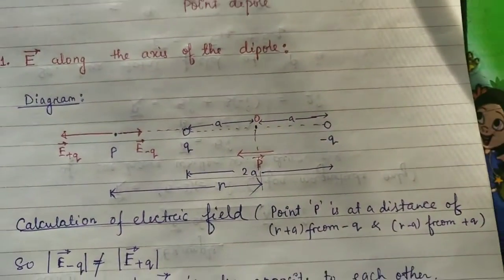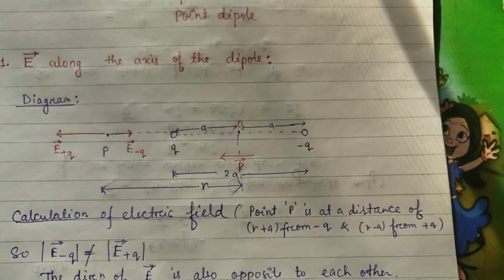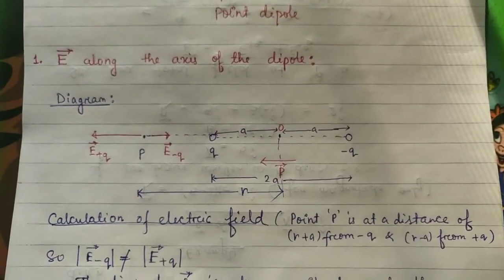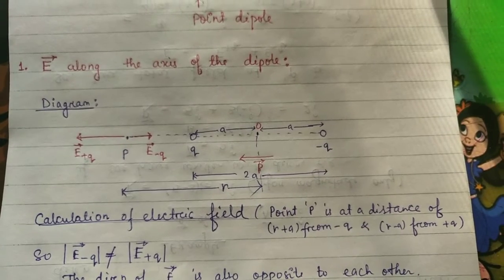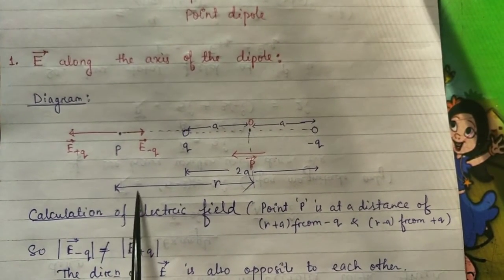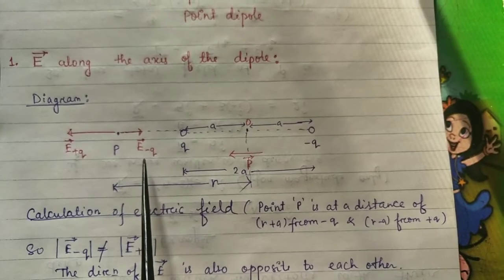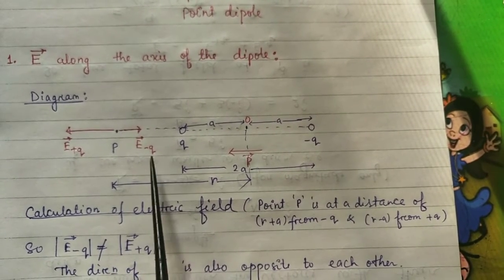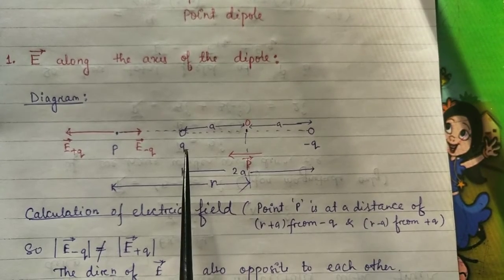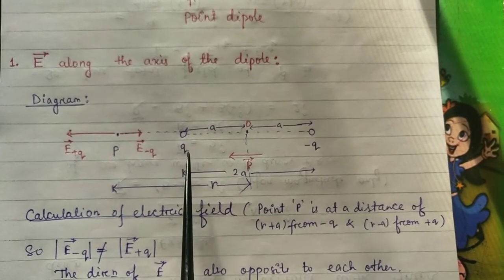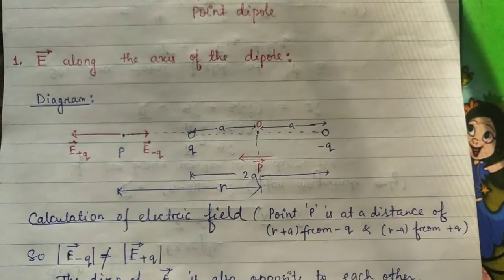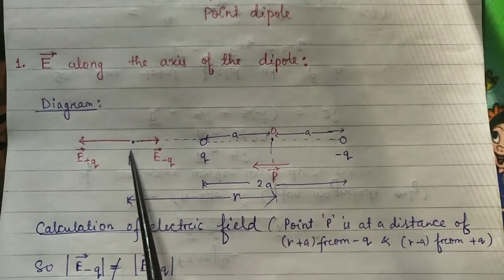It includes vectors, and students, you have already learned vectors in class 11, so you have to be very clear regarding vectors. It may seem easy to you from the textbook, but there may be so many doubts regarding where to give the minus sign and what the directions are. So first of all, you should understand the concept of vectors very carefully, then only can you proceed further. Okay, so let us understand the diagram first.